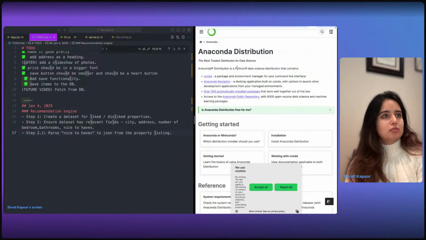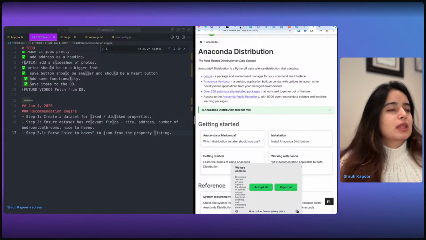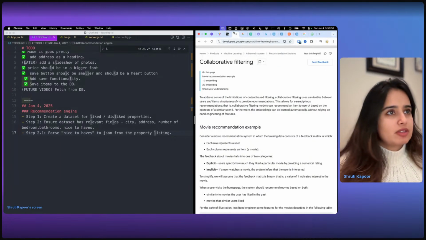So it seems like it is a Python distribution. What about JavaScript? What do I have for JavaScript? I should create a Python backend.